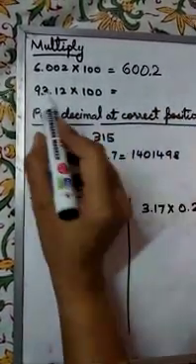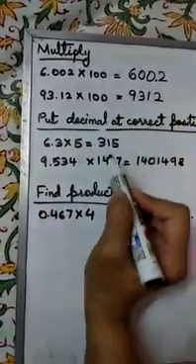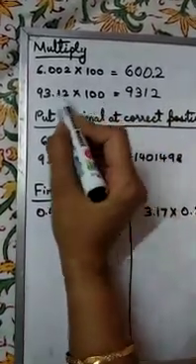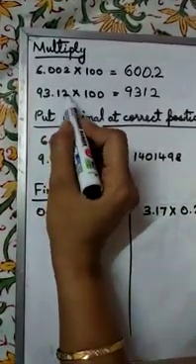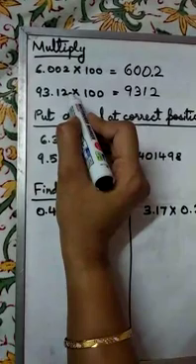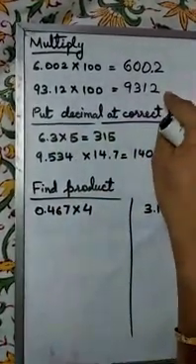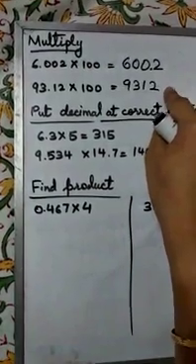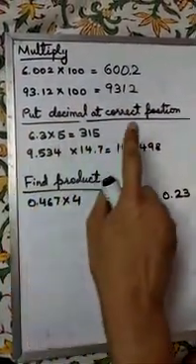Similarly, if we have this, we'll write the number without decimal. How many zeros are there? 2. Shift this decimal after 2 digits on the right hand side, 1, 2. So finally the decimal will move to the last digit and it vanishes. Once the decimal moves after the last digit, it vanishes. Put decimal at correct position.